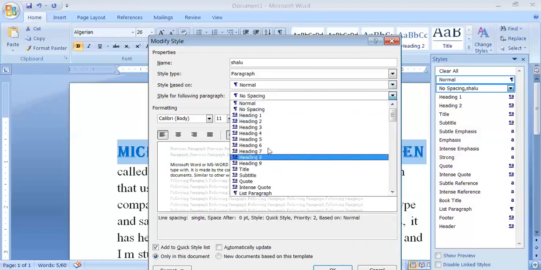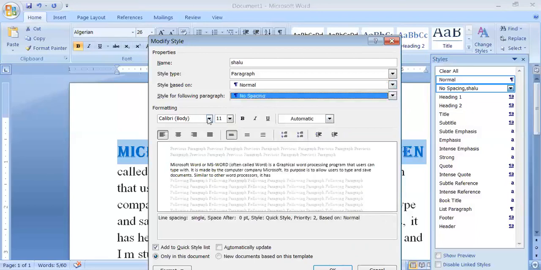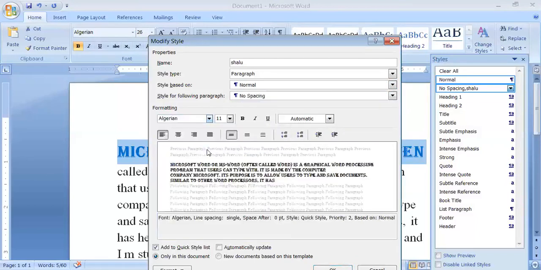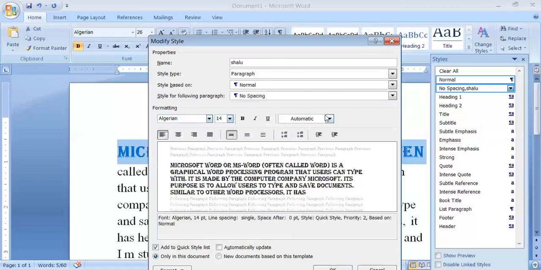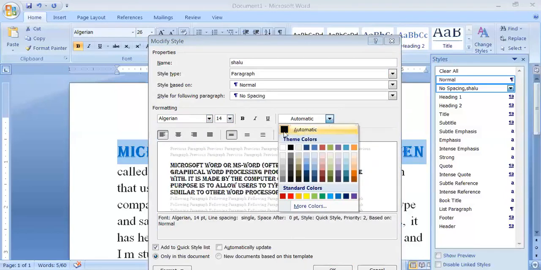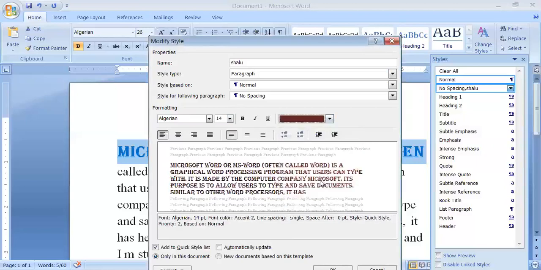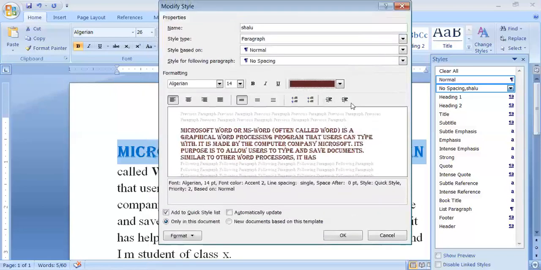Now you can select the spacing here. Now formatting. Suppose that I want to keep Algerian, the size that I want, the color. Initially it's blank, but I want my font to appear in this color. So I have selected the color also. Then alignment, type of the paragraph, then you can set the alignment also. Line spacing may be set from here, the indentation may be set from these tabs, and for all these options I can click on OK.